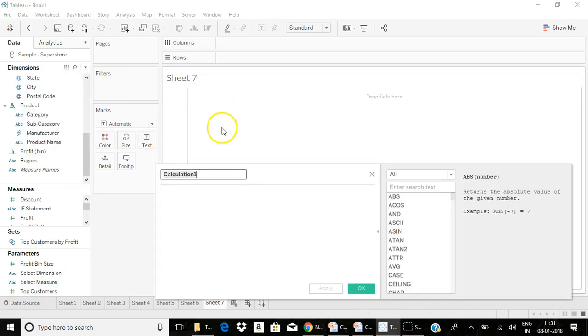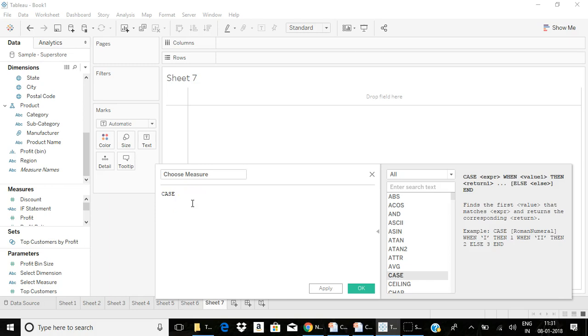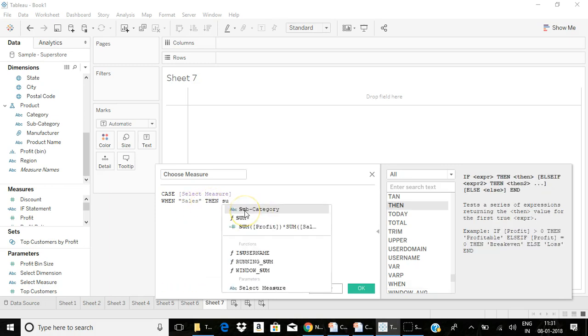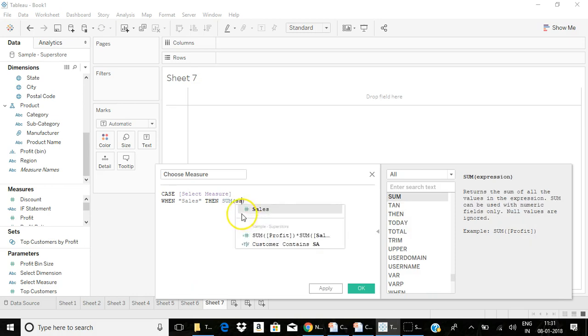Now I create one more calculated field to choose the measure values. Case, select measure, when sales, then sum of sales.